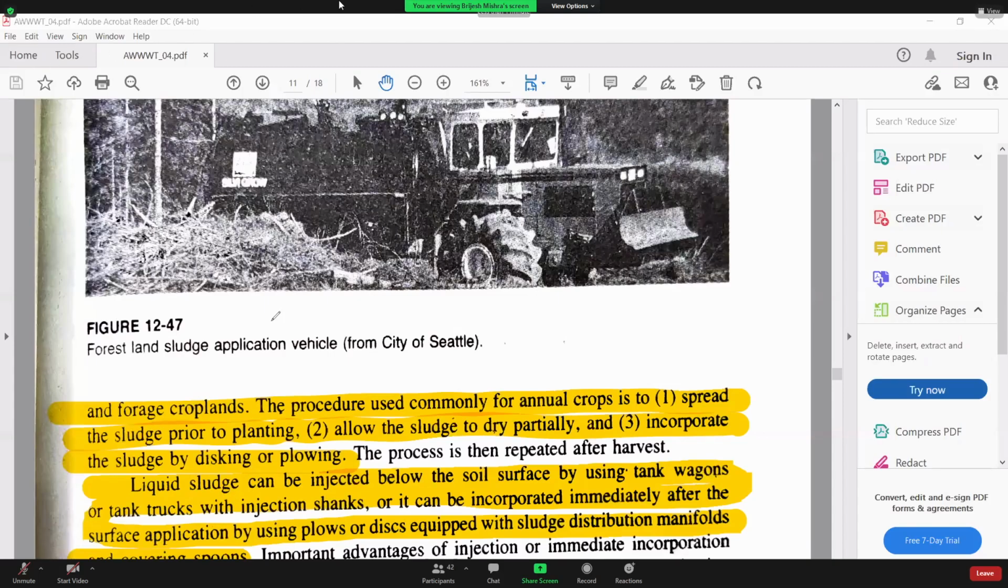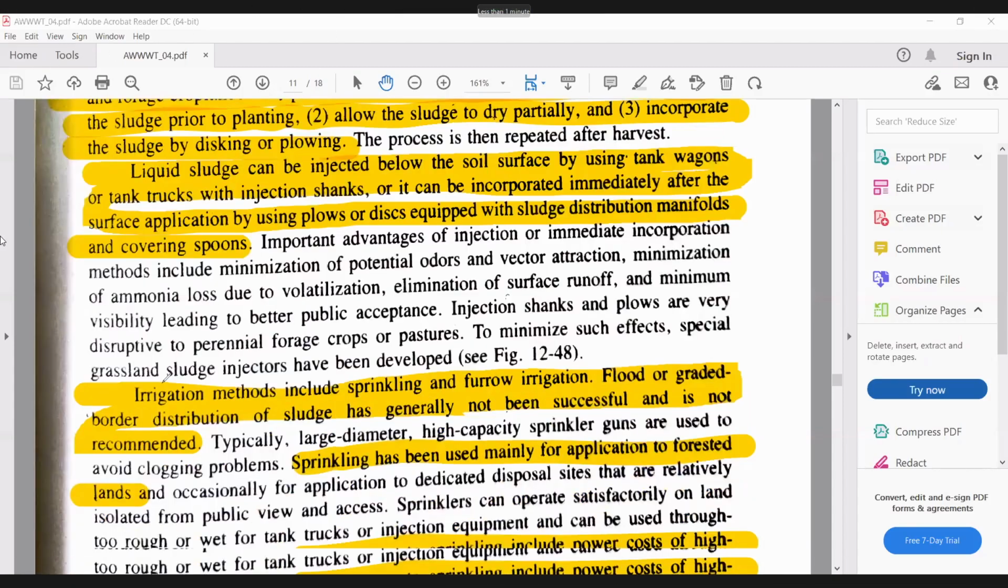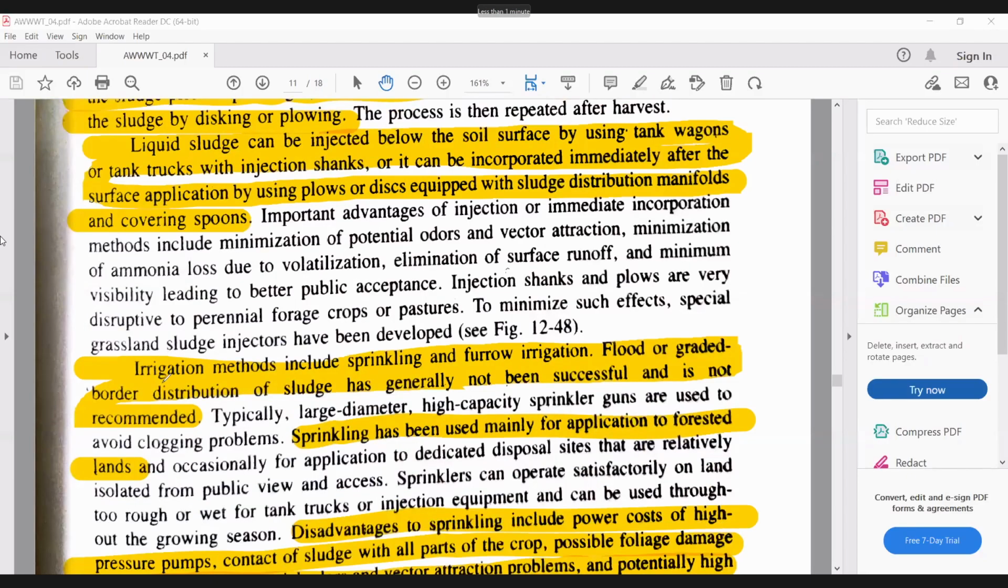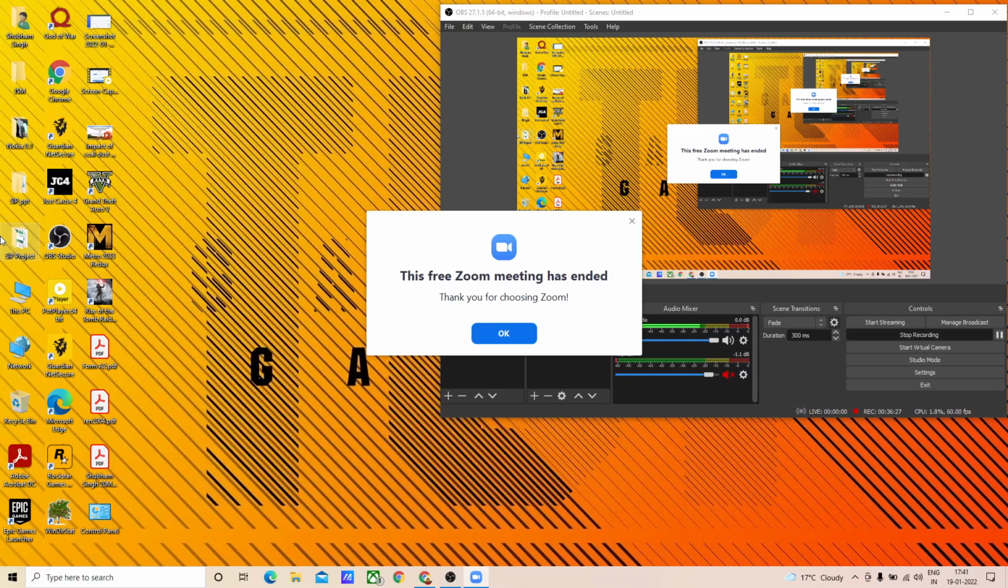When I am talking about agricultural land, in agricultural practice there are a lot of facilities, and one of them is sprinkling and furrow irrigation. So in furrow irrigation, what we are